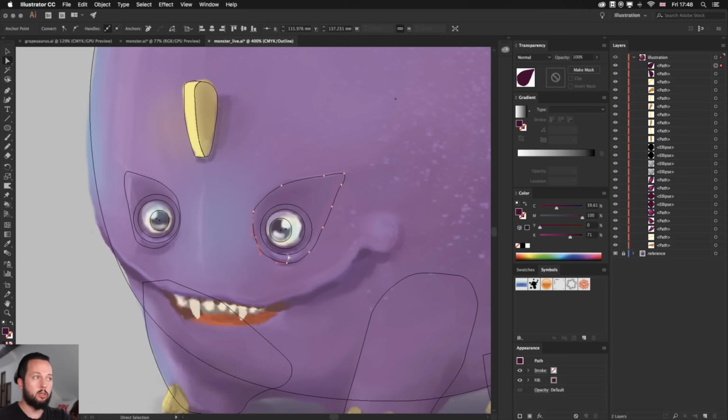But the best thing to do is to keep an eye on your layers panel, and you can see every object in my case is a separate object, so nothing is grouped together. If you are in isolation mode, for example, your objects might end up being drawn inside a group. So just make sure you are not in isolation mode, and just check your layers panel. Normally, your drawing should always be on top of the previous objects and not inside a group. There's actually 3 drawing modes in Illustrator: draw normally, which is placing on top, draw behind, or draw inside. So as long as you're not in draw inside mode, it should work. All right, cool. So hopefully that answers the question.